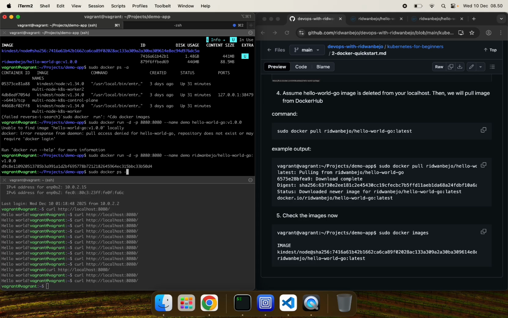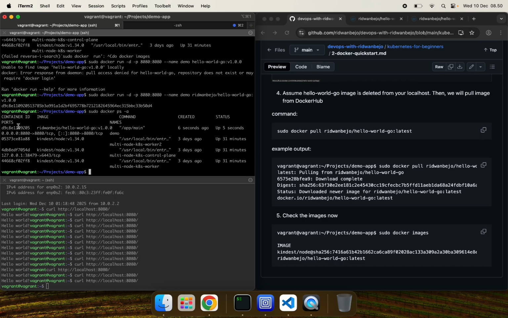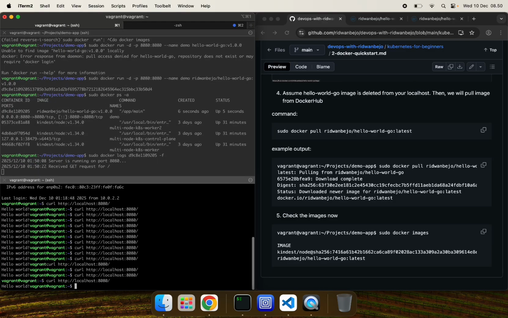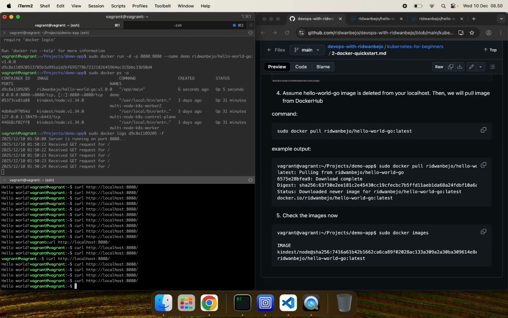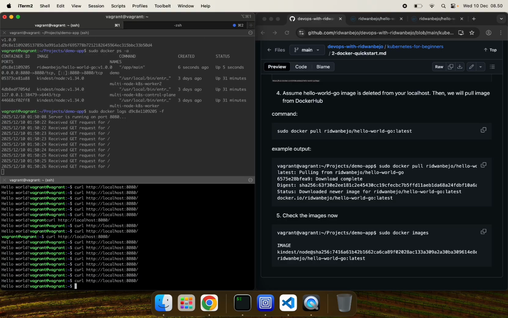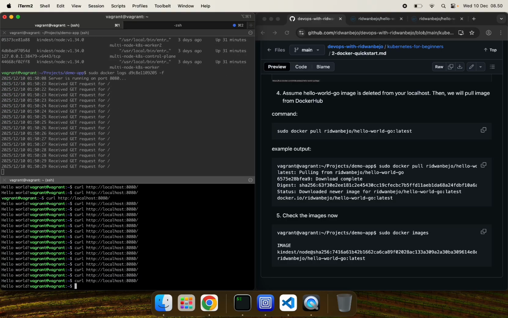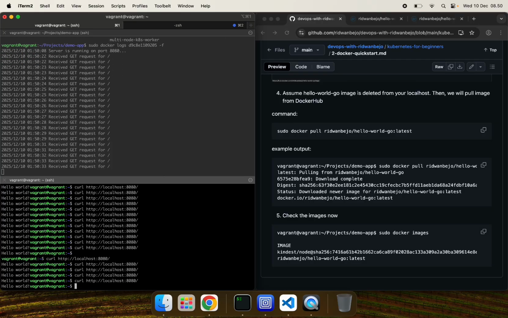Let's check the container based on our built image. Okay, let's try. Oh, okay, it works. Our newly built image can be pulled from Docker Hub and can be used to create a new container.